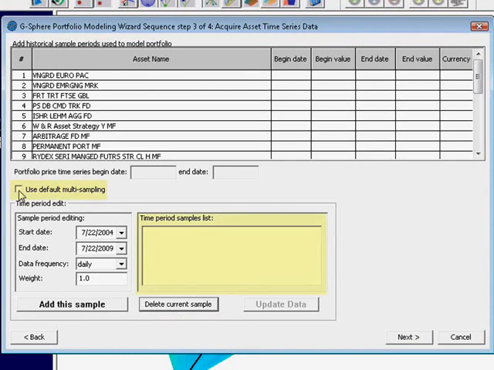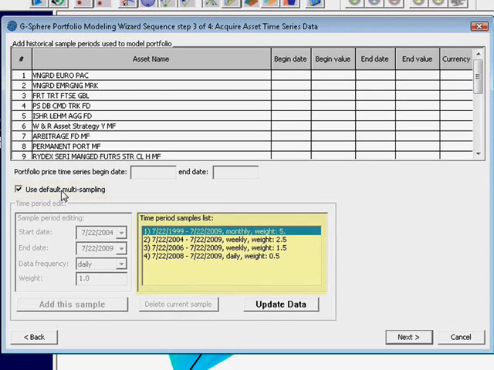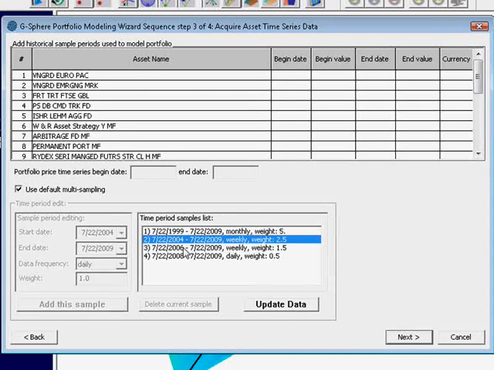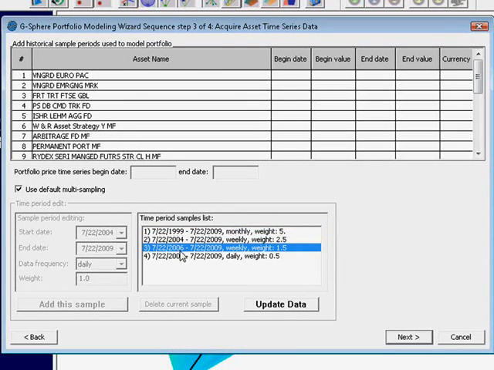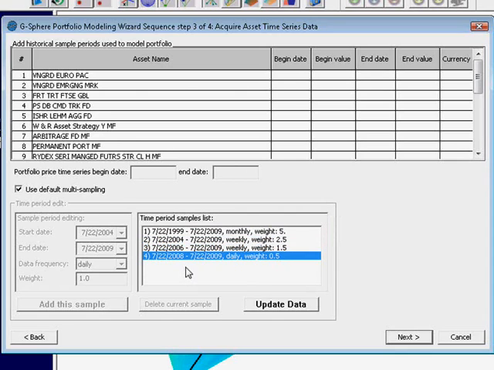One very simple process is this default multi-sampling. Now, Gravity will change the default multi-sampling from time to time. However, here we see that the default gives us 4 different time periods, each trailing from today, one going back 10 years, 2 going back 5 years, the third period going back 3 years, the fourth period going back 1